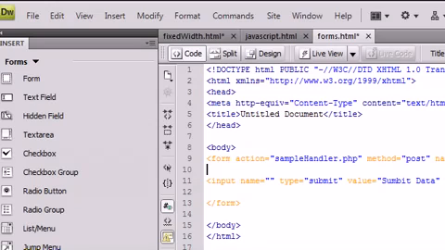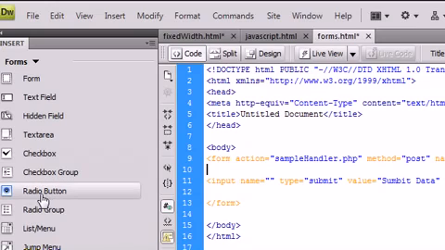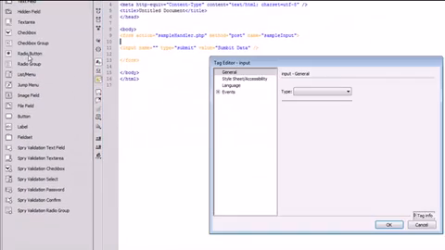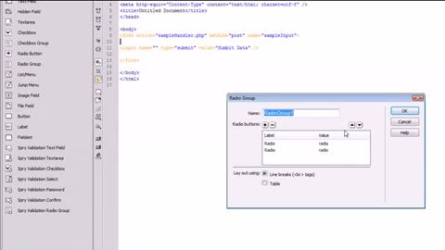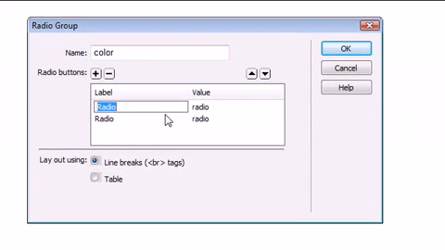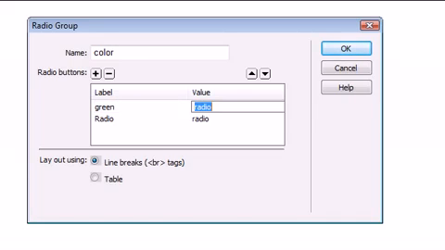So let's create an example that shows a group of radio buttons to select a favorite color. So you go over here inside of Insert and you click on Radio Group, and we're going to call this group color, and we're going to say green, and you can use tab to go to the next instead of clicking. It's faster. Green,